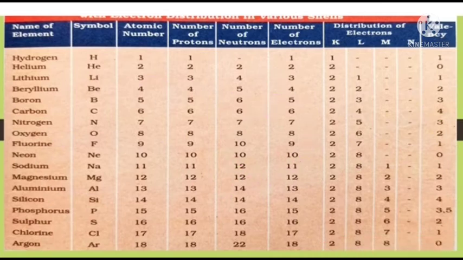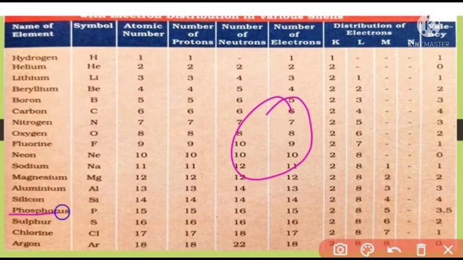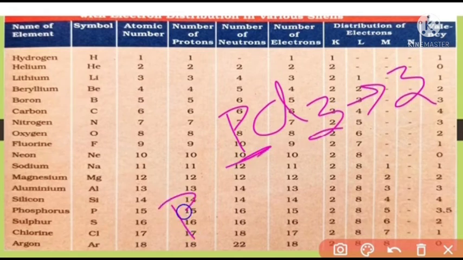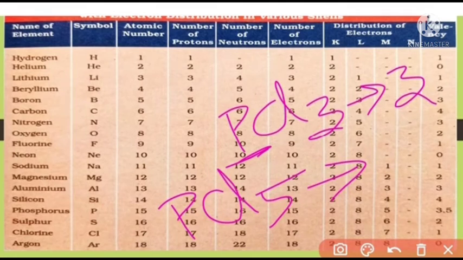Different kinds of atoms have different kinds of valency. An atom having more than one valency is also possible. One good example is phosphorus. Phosphorus makes phosphorus trichloride, which means the valency of phosphorus is 3. Phosphorus also forms phosphorus pentachloride, which means the valency of phosphorus is 5. So this is one good evidence for one atom having more than one valency.